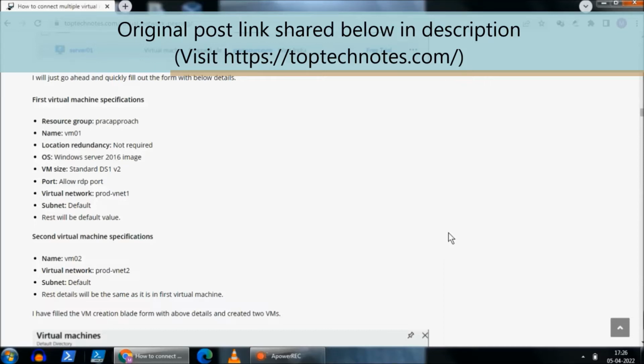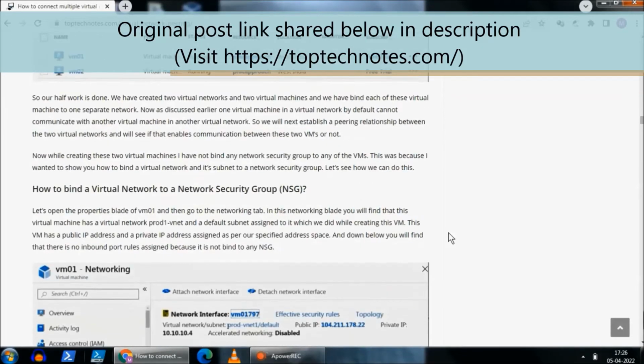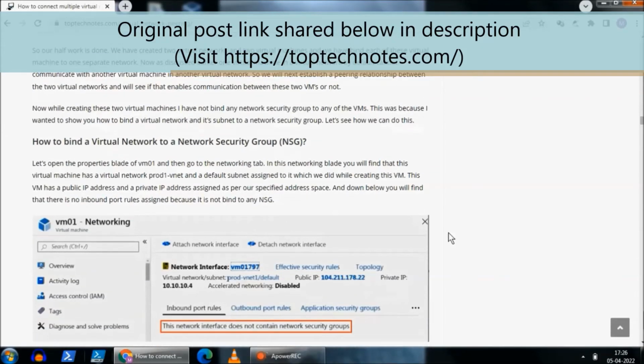Subnet, default, rest details will be the same as it is in the first virtual machine. I have filled the VM creation blade form with the above details and created 2 VMs. So our half work is done. We have created 2 virtual networks and 2 virtual machines, and we have bound each of these virtual machines to